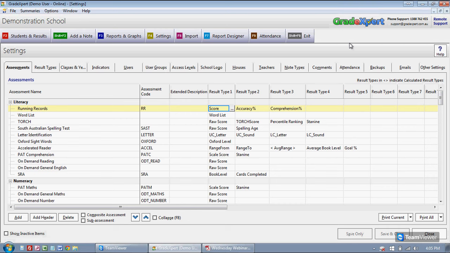Along with the result types that teachers can enter, you can also set up calculated result types, which are values that are derived from data that teachers enter. For example, you may set up a calculated result type called percentage, and what that means is that GradeXpert will work out